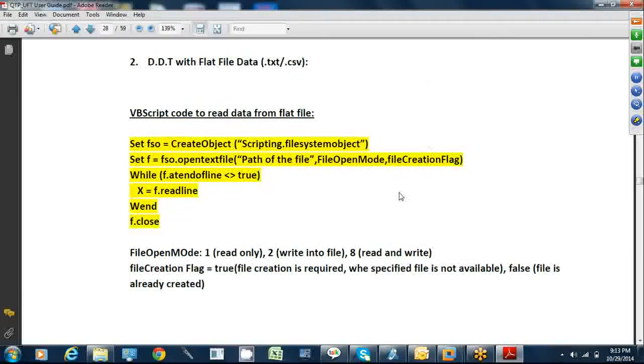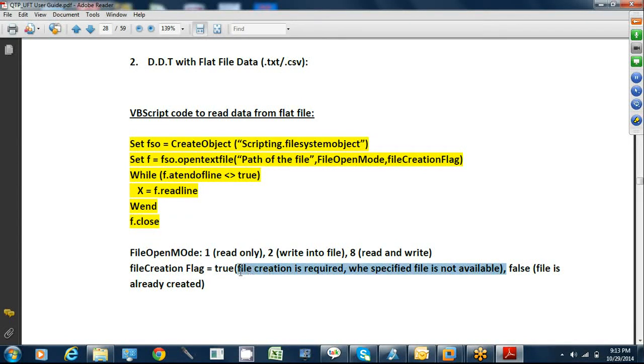Okay, so file creation flag. What is a file creation flag? It means if the file is not created already, do you want to create it? QTP can create it, if you have not already created it manually in the folder where you want to store the data. If you set the file creation flag to true, file creation is required when the specified file is not available.